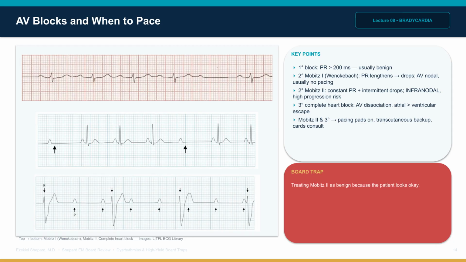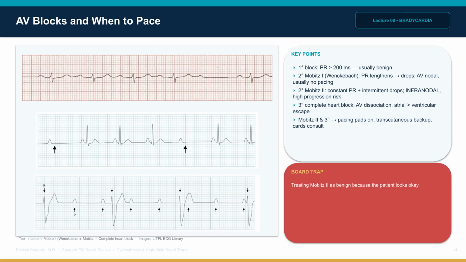Mobitz 2 and new bifascicular block in the setting of an anterior MI suggest infranodal damage from a large LAD territory infarct. Those patients need pads on immediately and frequently progress to third degree. Next step pearl: in symptomatic Mobitz 2 or complete block, the answer order is pads on, transcutaneous pacing, then transvenous,